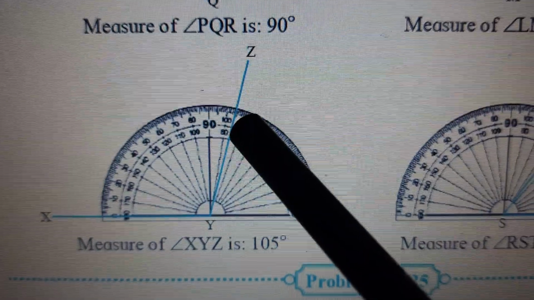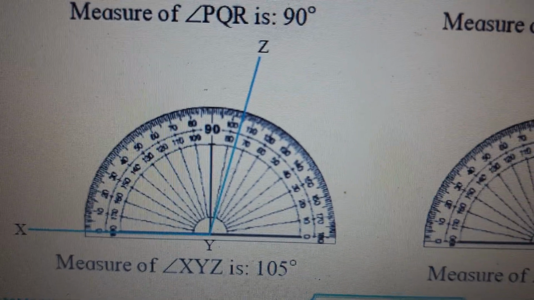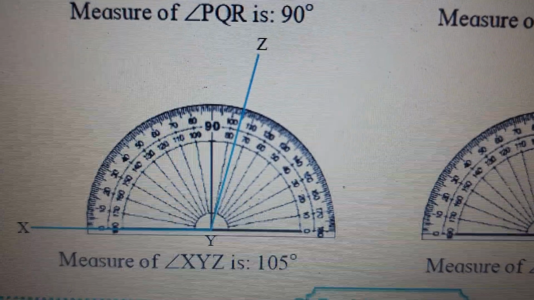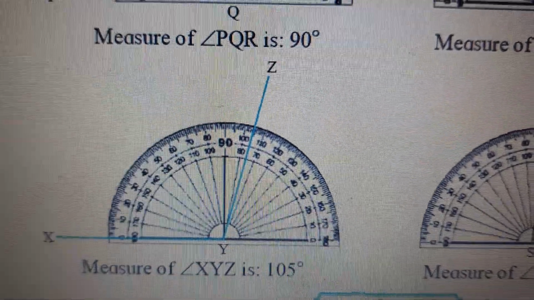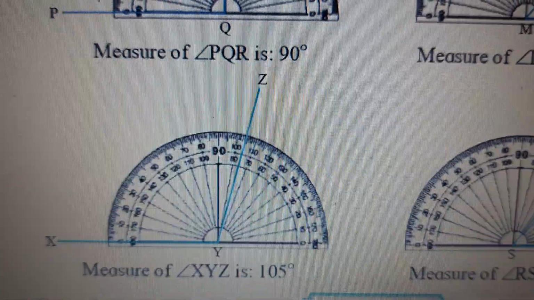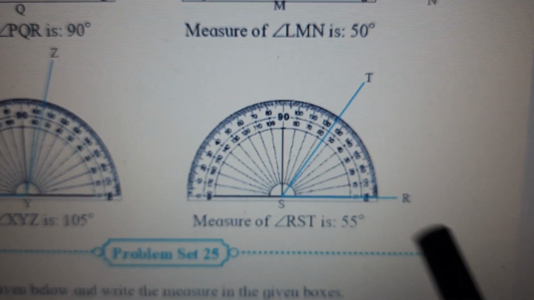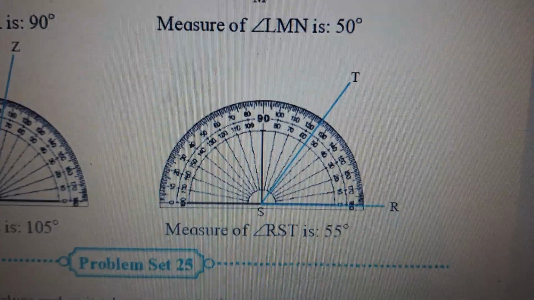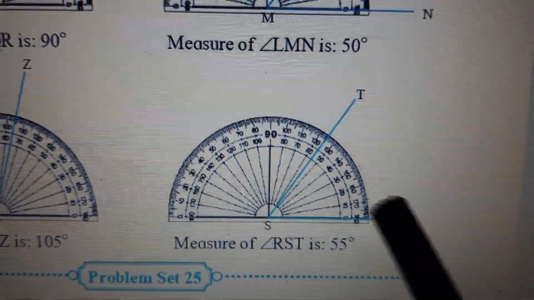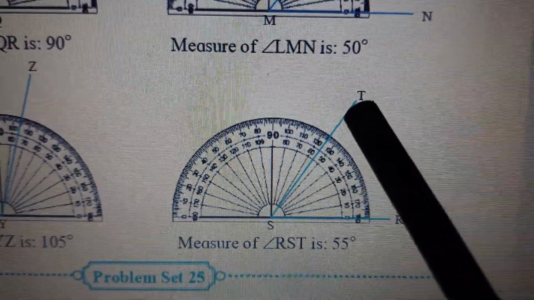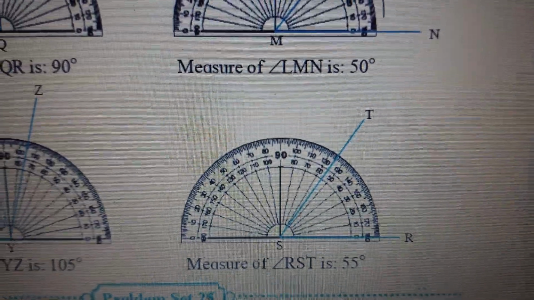There's one small line that is a little longer. You can see this between 70 and 80. Similarly, between 100 and 110, there's a marking that is 105, children. For any other line, you will have to count the small lines. Now here, you can see angle RST. It's made from this side. So you can see in the center 0, 10, 20, 30, and it is 55 degrees, because it's 50 and 60 is between, a line. So that's why it's 55 degrees, children.